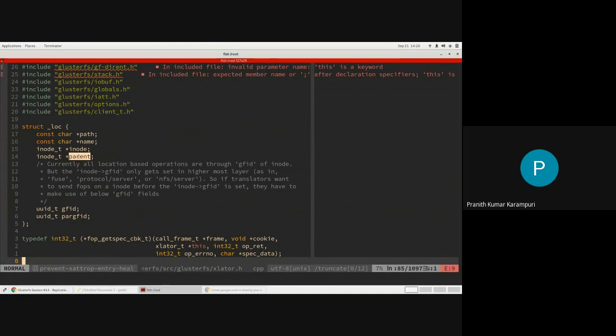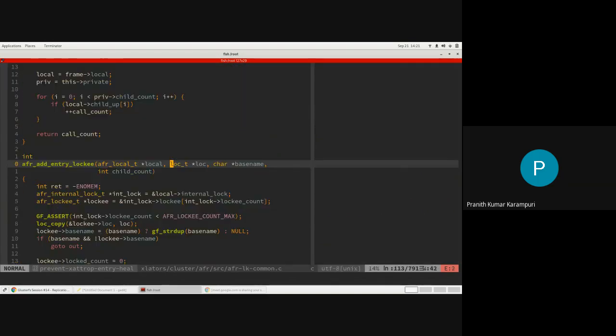Either parent directory and name are important, or inode is important generally. In the entry operation cases, since you are trying to create this inode, parent directory and name are important. GFID corresponds to this inode's GFID, and parent GFID is the GFID of the parent.